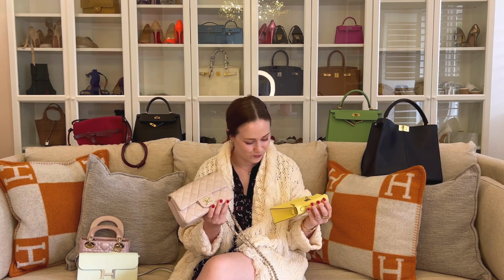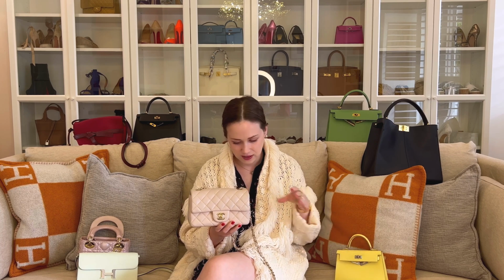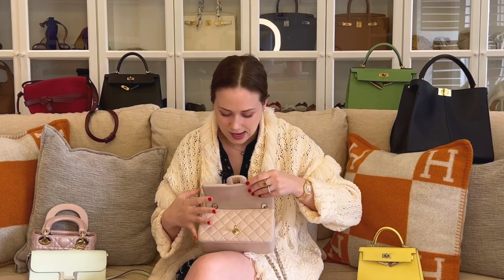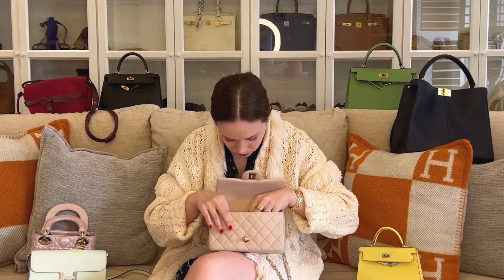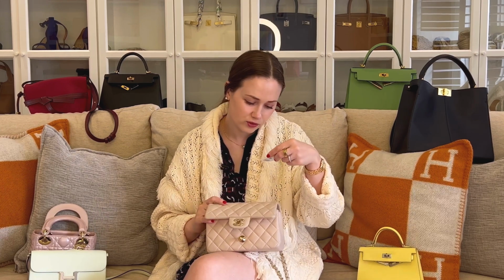yeah, the quality is night and day. As you know, I am not a big fan of Chanel quality, so let's get started. Again, this bag, I think I still have a tag, so we can see what year. Has some coins, some euros for next time I'm in Europe. There we go. So I bought this bag for